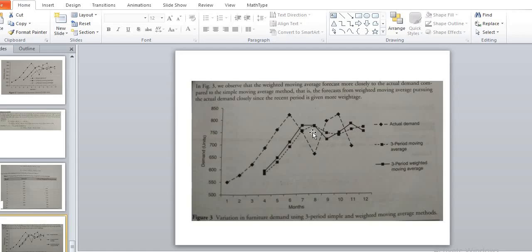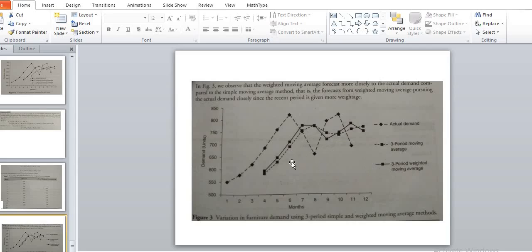in the demand curve, and it is closer to this actual demand curve. The 3-period moving average method's accuracy is less compared to this weighted moving average method. In the 3-period simple moving average method, sharp changes in the demand will not be predicted as sharply as the weighted moving average